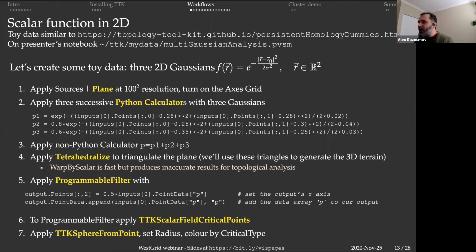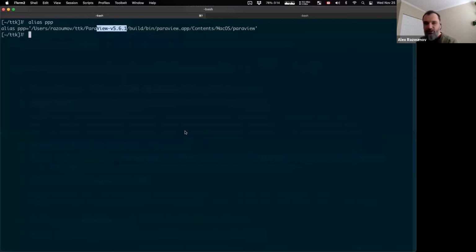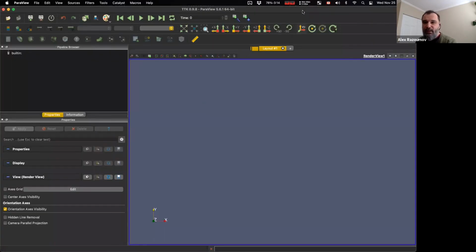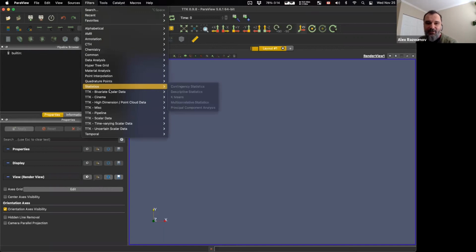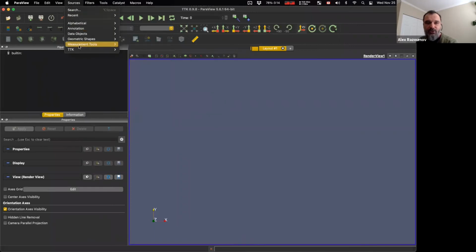So here we go. I'm going to start my local build of Paraview with TTK. It's going to start Paraview 5.6. Here we go. And let me drag this zoom control. All right. And if I go to filters, you'll see that there are tons of TTK filters, right? And then if I go to sources, you'll see there are also TTK sources, right? So we know that this is a TTK-enabled version of